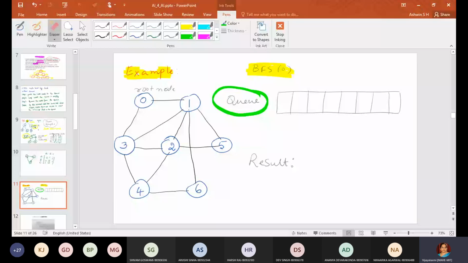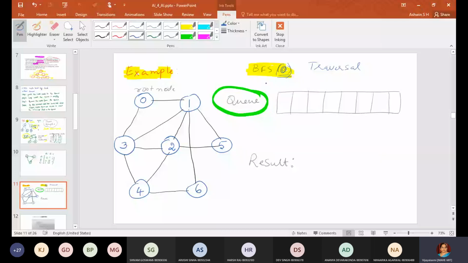Now my question is, I am finding out BFS of 0. BFS of 0 means I am going to find the traversal starting from the root node. The root node is 0 now. I can give BFS of 1, BFS of 5 or 2 or 3 or 4, 6. Whatever I mention here, that is the root node. You must know that. That means you have to start the traversal from that particular node. Sometimes the goal node will be mentioned, or simply you will be asked to do the BFS traversal starting from the root node. So now the root node is 0.